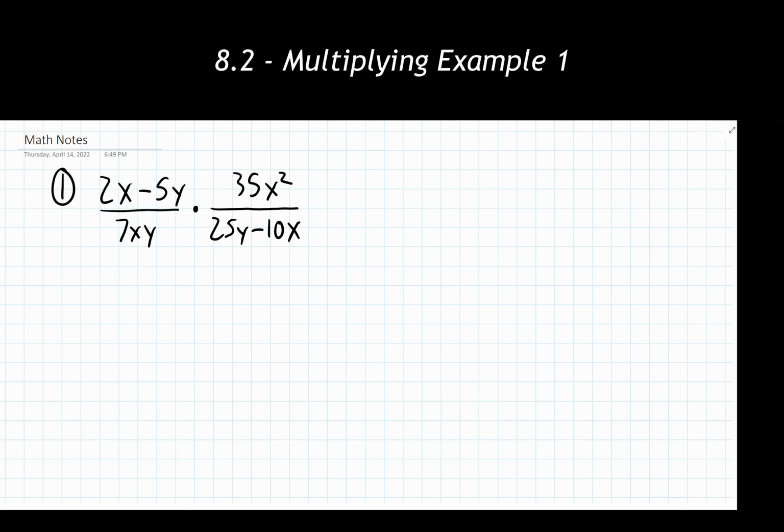So we're going to multiply the fractions together to create a single fraction where everything in the numerator is multiplying together and everything in the denominator is multiplying together as well. So I'm doing a rewrite step here. My recommendation when you are doing this is putting the first numerator in parentheses, putting the second numerator in parentheses, just so we know that everything is staying separated. And we're following that same pattern with the denominators as well.